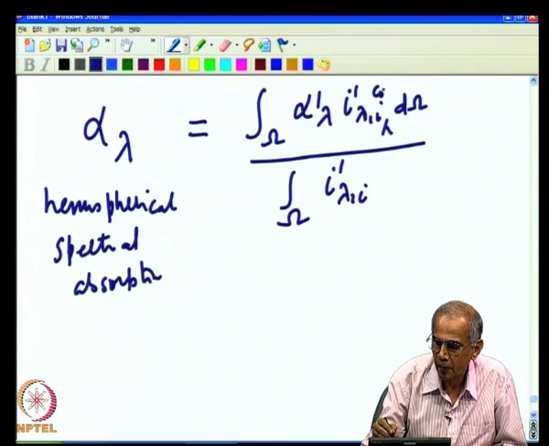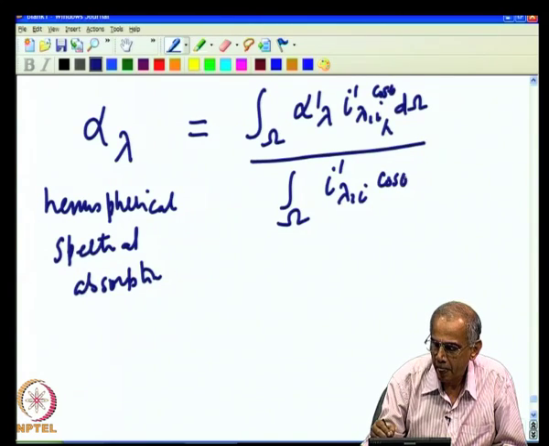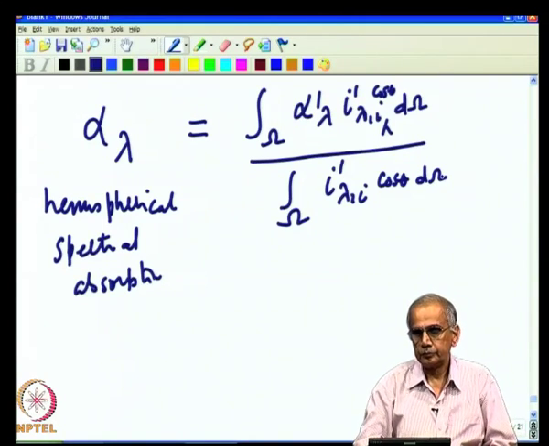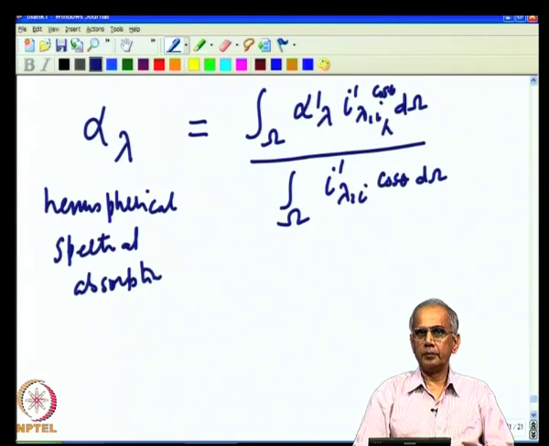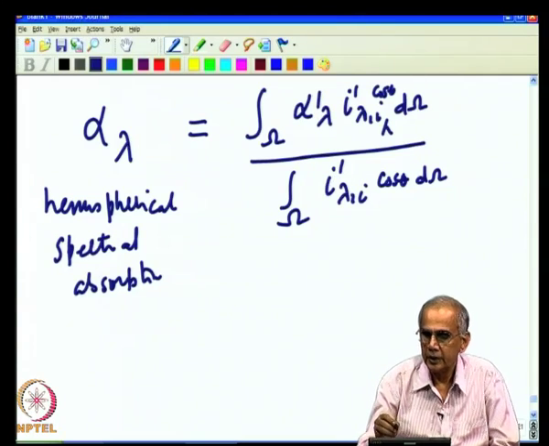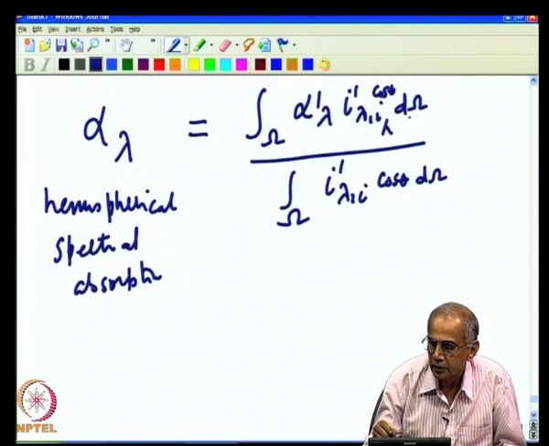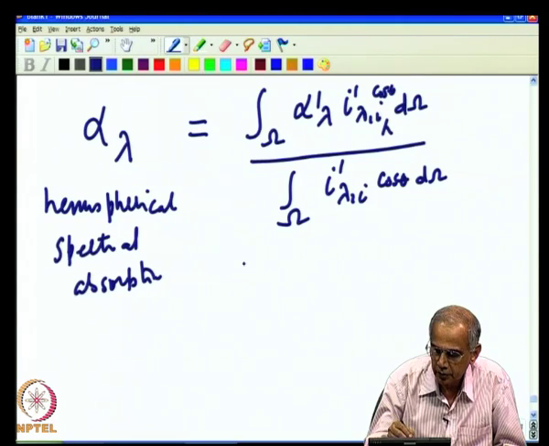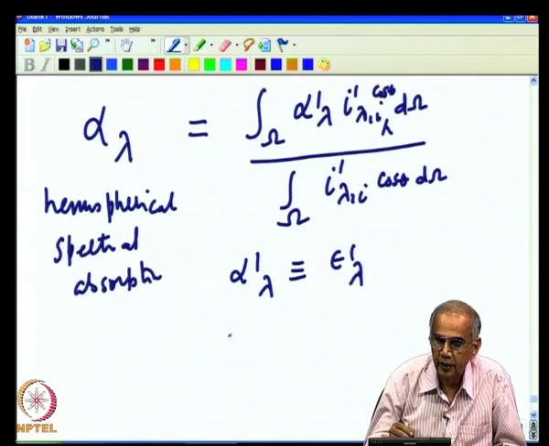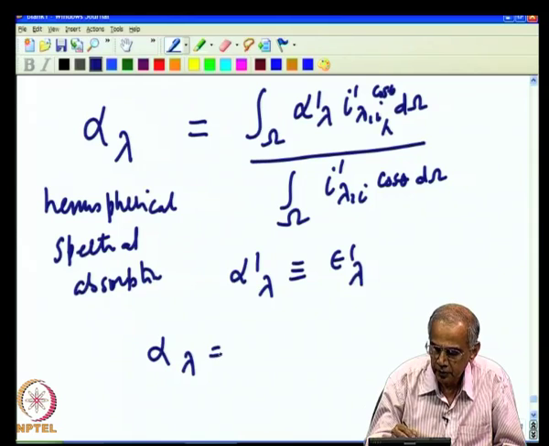I put a cos theta there. Now, this comes from the basic definition of absorptivity. This is the radiation incident in the solid angle and what fraction is absorbed. This is the radiation incident in the same solid angle. Now, if you assume Kirchhoff's law, which is always valid, then we have alpha lambda is equal to